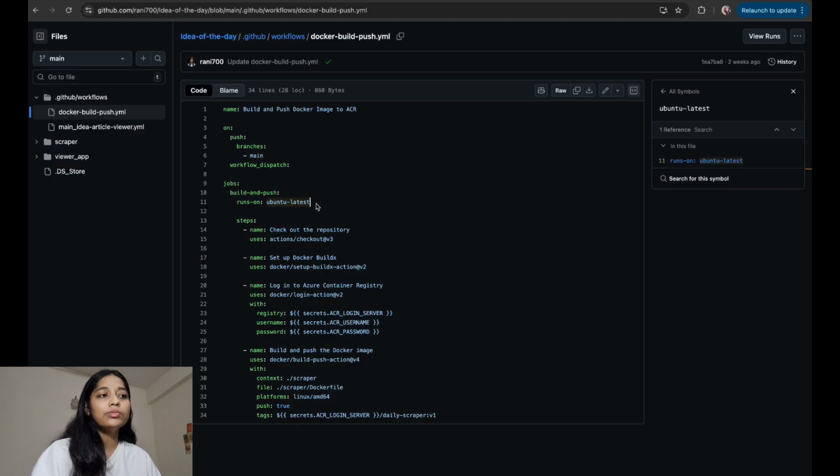It is the virtual machine which will run on, and these are the steps. Check out the repository, action checkout. So basically it will download all the repo code on our virtual machine. Set up Docker Buildx. So we have used this Docker Buildx. You can also use Buildx, which is the more advanced version of Docker build, so that there will be no mismatch between two types of architectures, like from local to your virtual machine